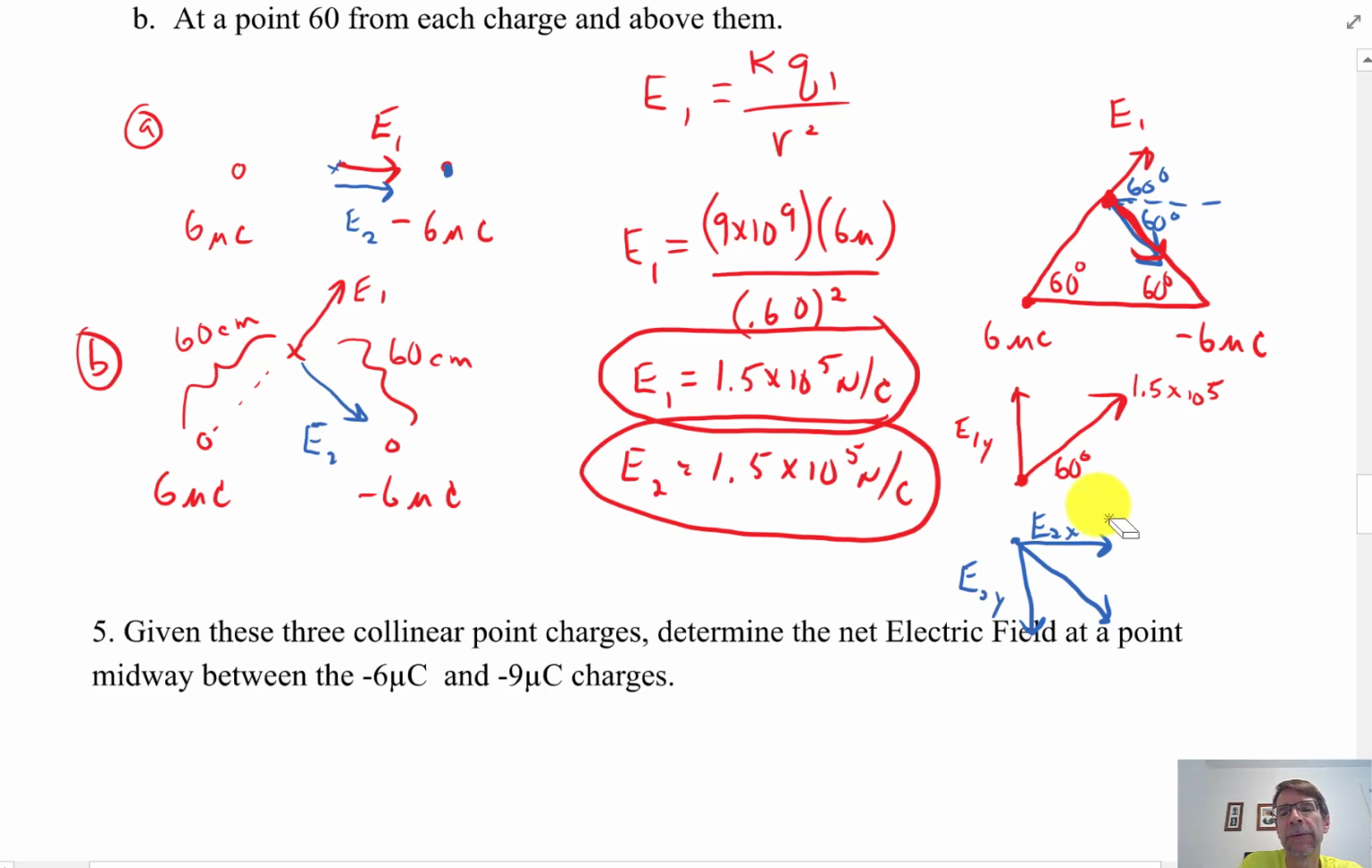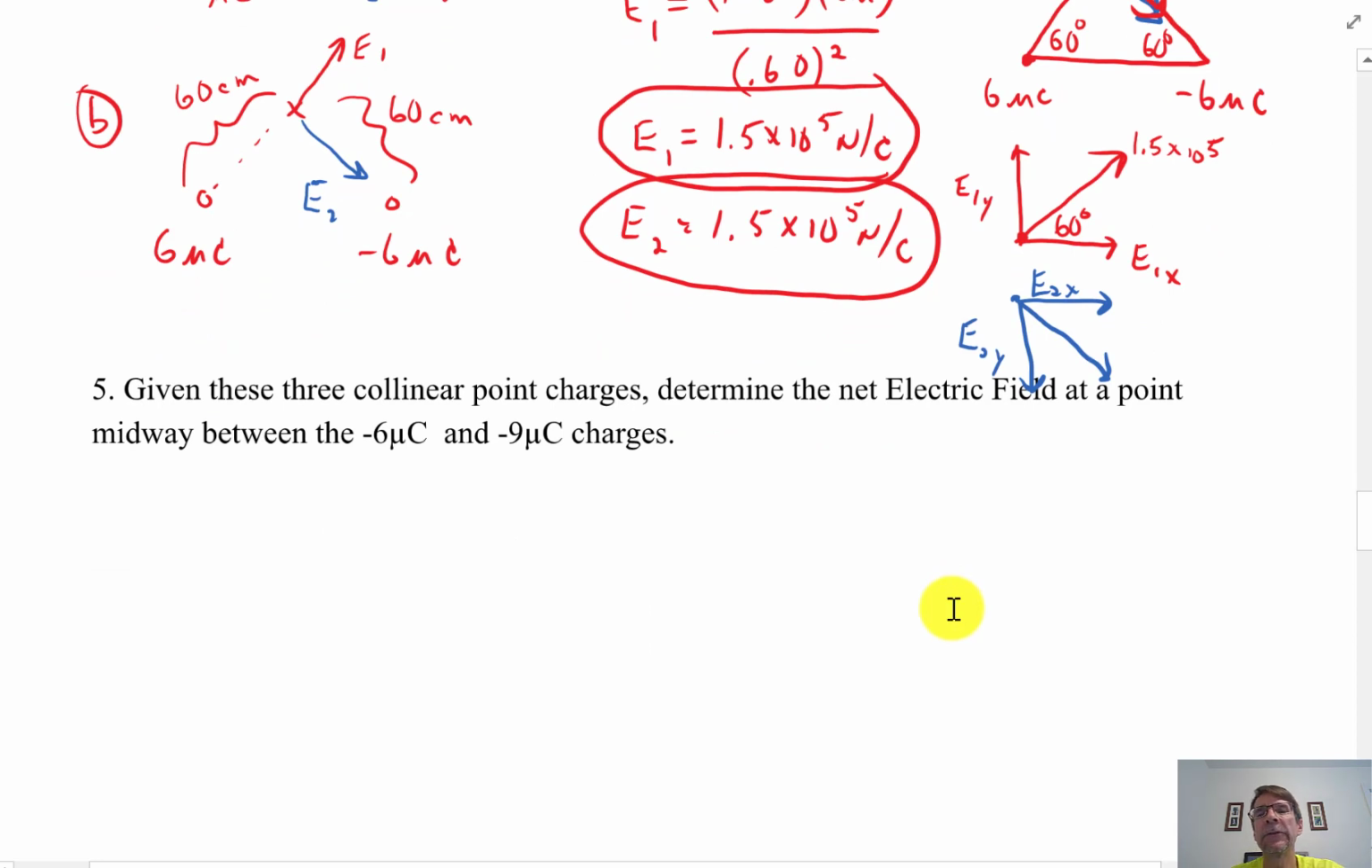What you hopefully can observe here is that since these are equal size vectors at the same angles, the vertical component of E sub 1 will be the same as the vertical component of E sub 2. Those are going to cancel. What's not going to cancel is the x component. So all I have to do is get the x component. I'm going to go up this red diagram up here. If I take the sine of 60, no, cosine. I want the x component. If I take the cosine of 60 degrees,